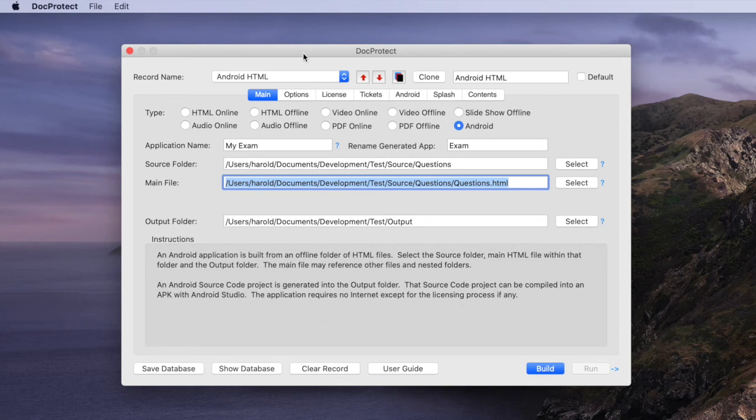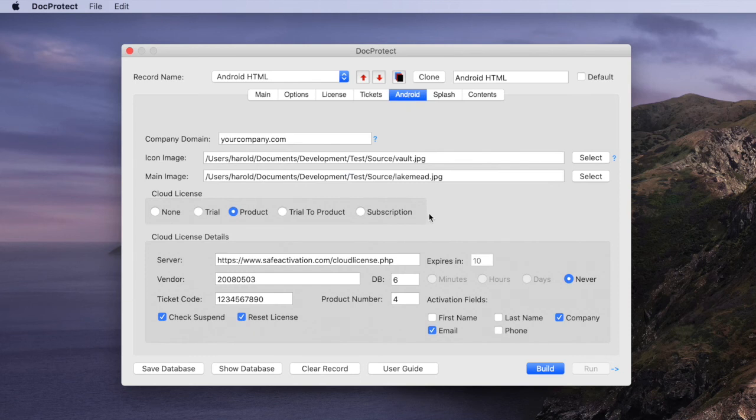So in this case, in our main screen, we've selected an Android application, and we've selected the folder of HTML files and the main HTML file within that folder from which our Android application will be generated, and finally the output folder where the finished APK file will be placed. If we go to the Android panel within the application here, there's a few additional bits of information you have to provide. You have to give it an icon file for your Android application and kind of the main image